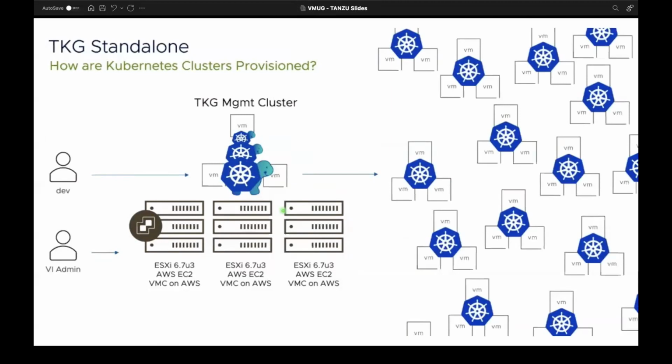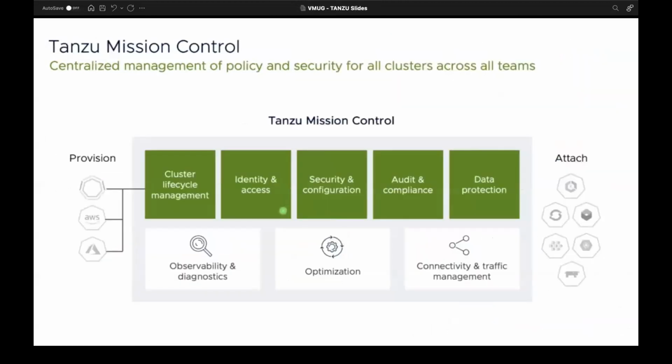Right. So that's about the TKG, and the last, distinct product, that is Tanzu Mission Control. This is a very important and very great product if you have a large production environment where you're running Tanzu workloads. It helps in centrally managing a lot of things.